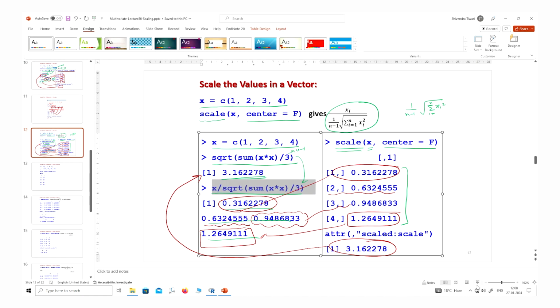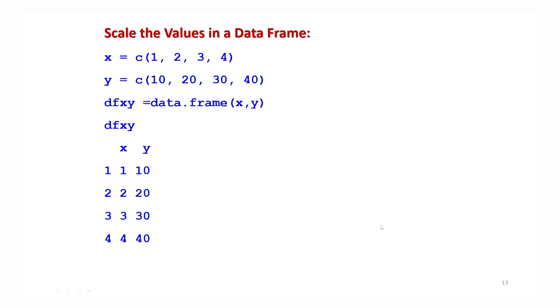Okay, so now I have explained these things over a data vector. Now I try to repeat the same operation over the data frame, because the data frame will also play an important role when you try to do multivariate statistics. So if I take two data vectors, one is x, c(1, 2, 3, 4), and another I am taking y as 10, 20, 30, 40, so that it is easy to remember which data is corresponding to which variable. So the first variable is 1 2 3 4, and the second is 10 20 30 40.